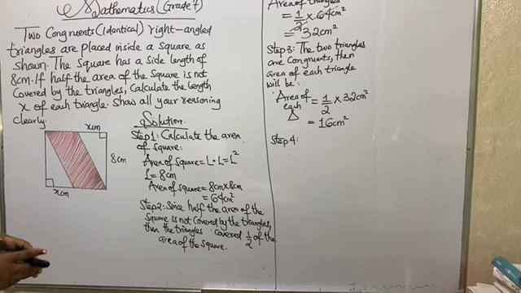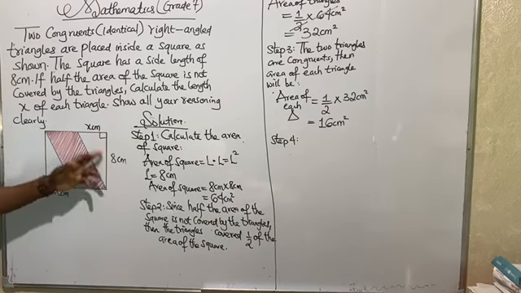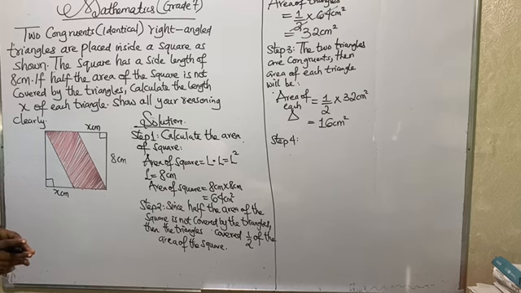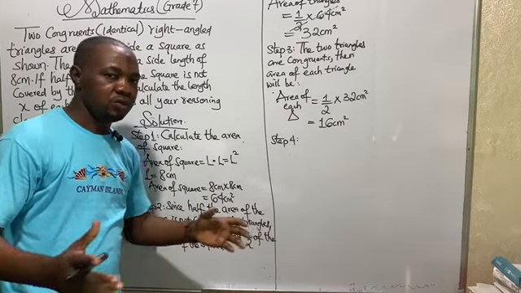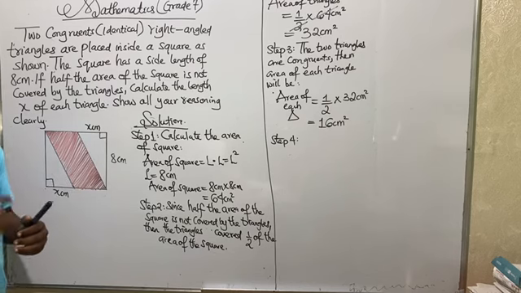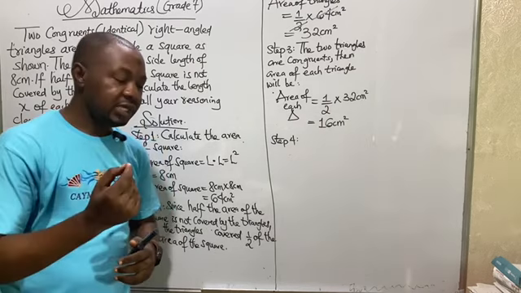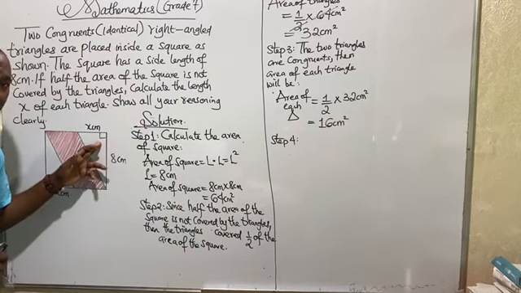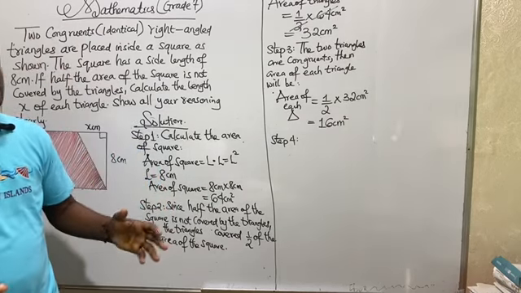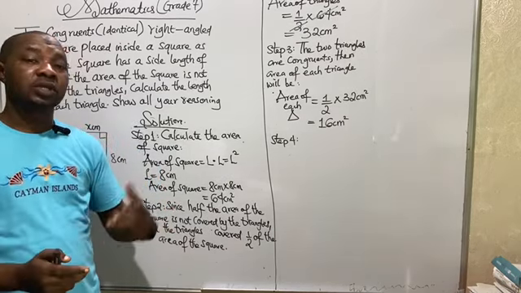Congruent. So that means the two legs of this right triangle will be identical. When we say a right triangle, this is a right triangle: a triangle in which one of the angles is 90 degrees. And a right triangle has two legs. One of the legs is called the